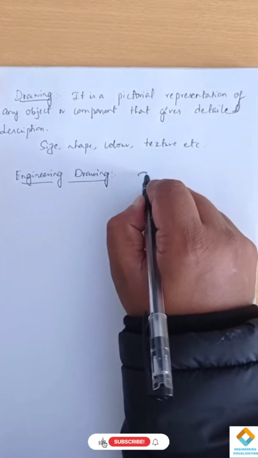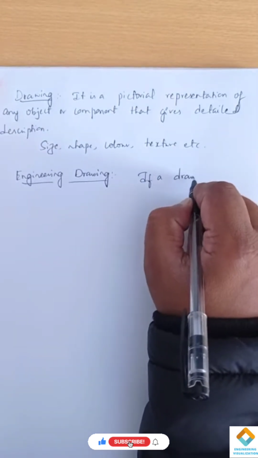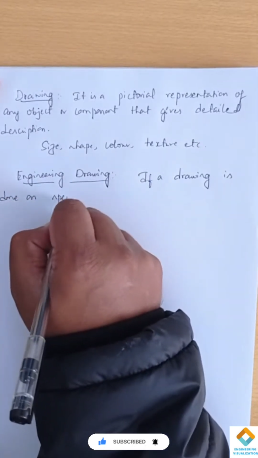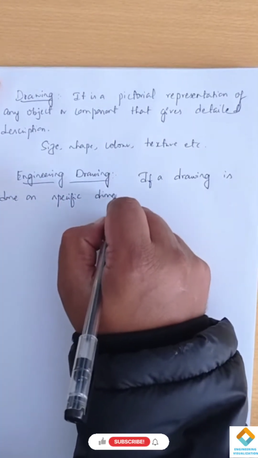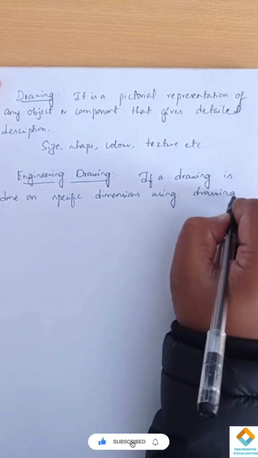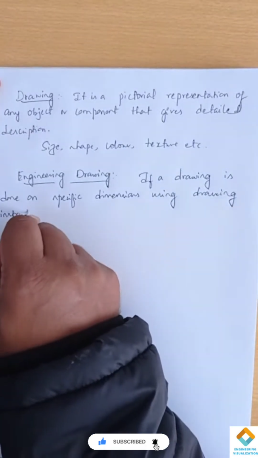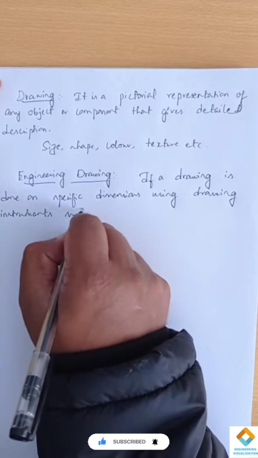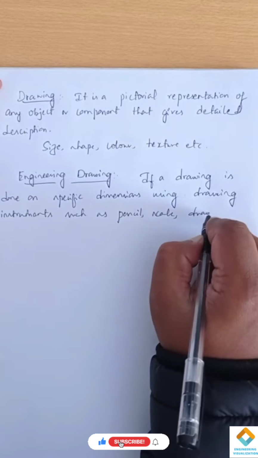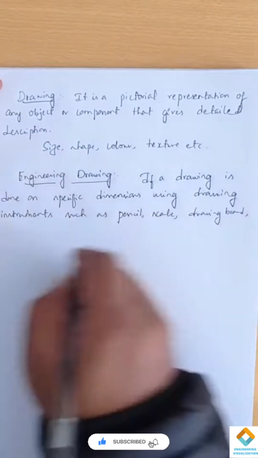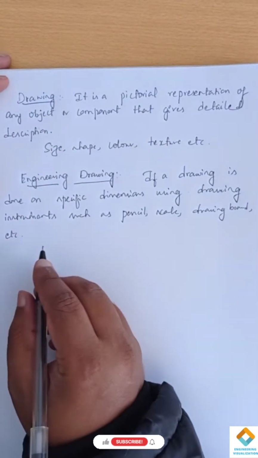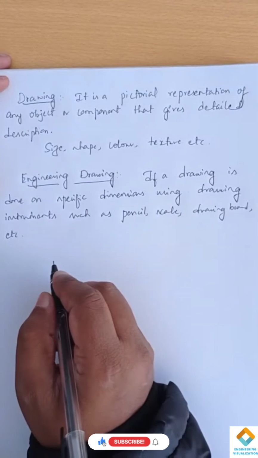So if a drawing is done to specific dimensions using drawing instruments such as pencil, scale, drawing board, etc., it is an engineering drawing. From an engineering drawing, we are able to draw any part or component with respect to the specific